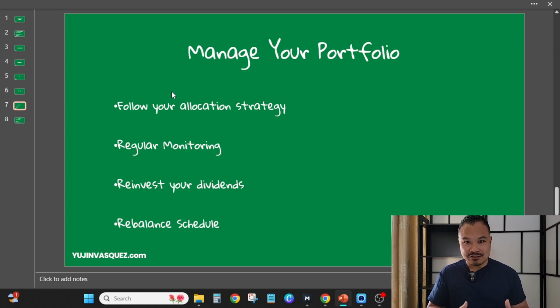You want to monitor this portfolio, not like a hawk, but maybe check in with it maybe once a month, maybe once a quarter, right? You just want to check in with it, see how it's doing. Does it still meet your standards? Does it still meet your goals, your criteria? Did any special circumstances change for you? Maybe